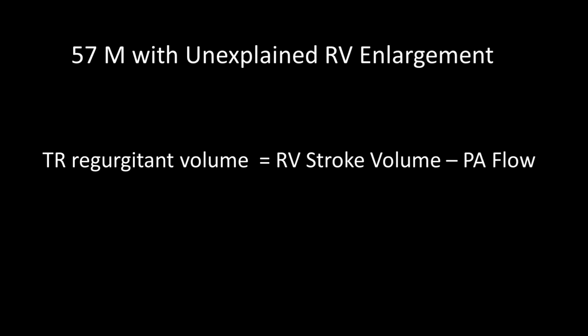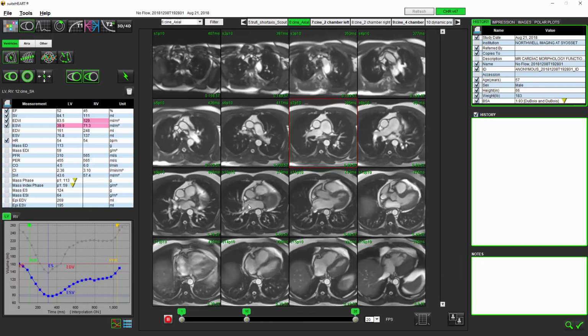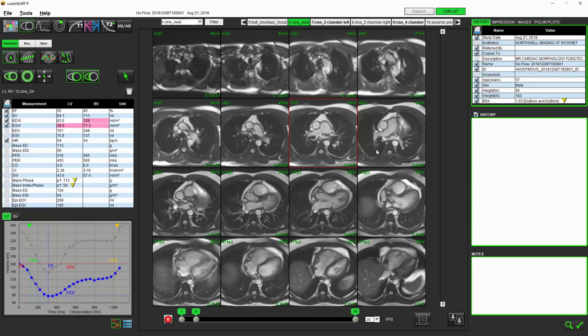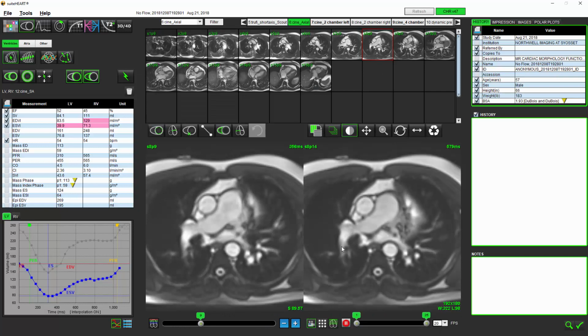Another possibility is that there's a left to right shunt, like an atrial septal defect. That could also give you right atrial and right ventricular enlargement with a normal RV ejection fraction. Patients with substantial left to right shunts also have enlargement of their central pulmonary arteries. We do have pictures of those, which you can see here. Let me blow it up here, play it in a movie, and you can see how large the central pulmonary